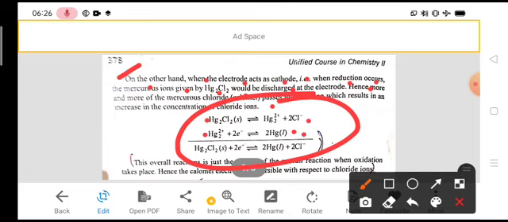By adding these equations, we got the final equation. In this equation, the mercurous chloride undergoes gain of electrons to form mercury metal, which is discharged at the electrode, and forming chloride ions. These chloride ions go to the potassium chloride solution. Then the concentration of chloride ions in the potassium chloride solution increases.